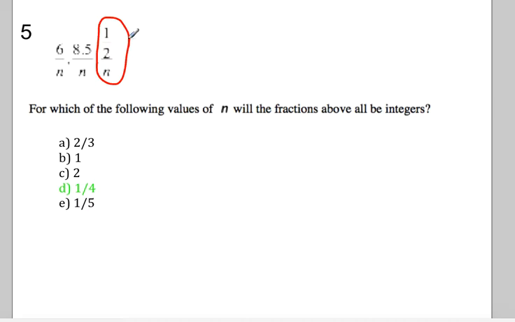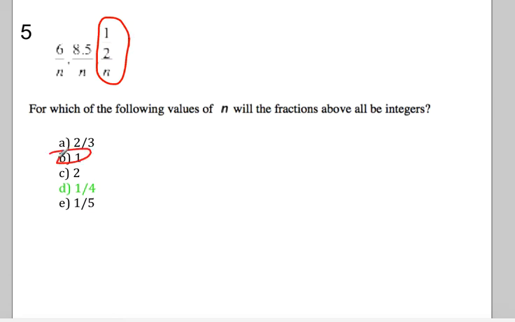So if you take the right attitude and say, okay, I'm going to look at this one here, this one might be the one that decides whether or not the answer choices are right. It might be a better strategy, but there's no way to do this one other than plugging the numbers in and checking, right? So when you did like 1/2 divided by